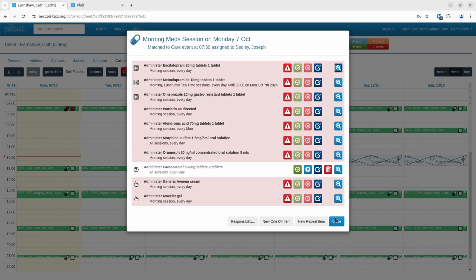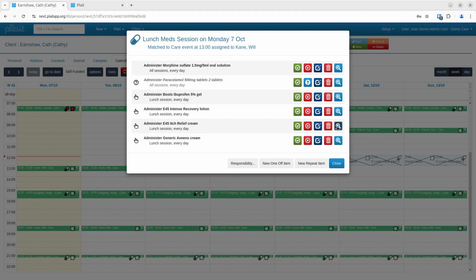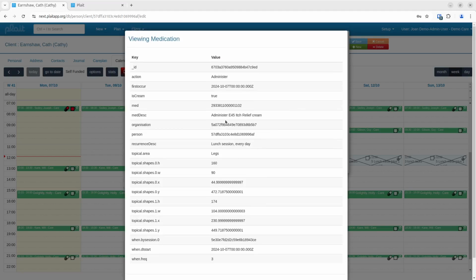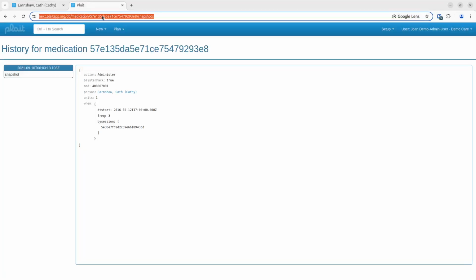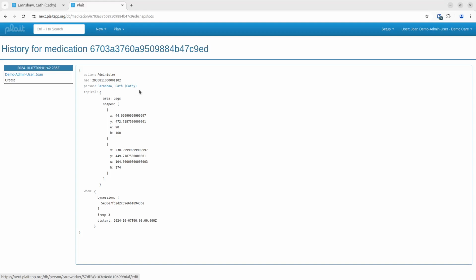Here's one I created this morning actually, so have a look at that one. And in this case, because we're looking in the future, we are looking at the recurrence pattern in the ID. You'll notice that there is no when.parent yet. There is a when.frequency though, so we can see that there is a recurrence pattern associated with this medication. And if I take that ID and put it in here, we'll see that I created a recurring